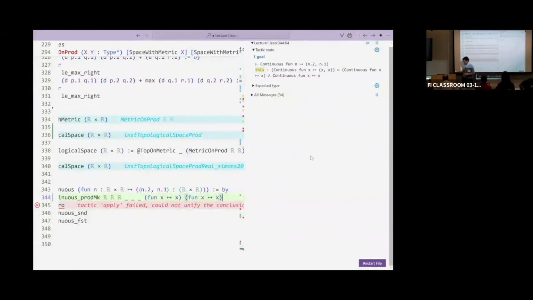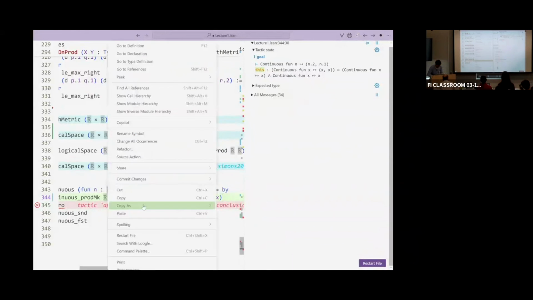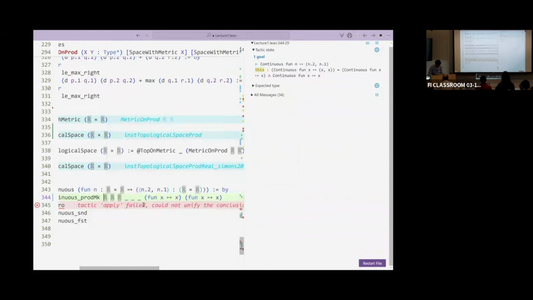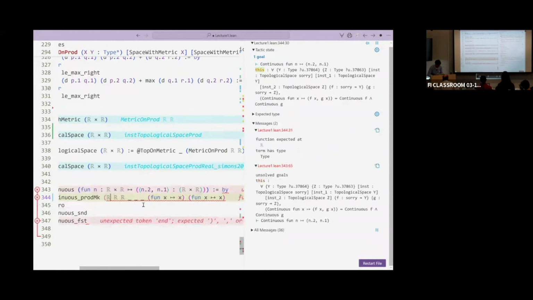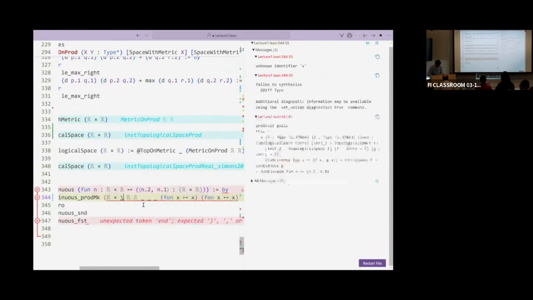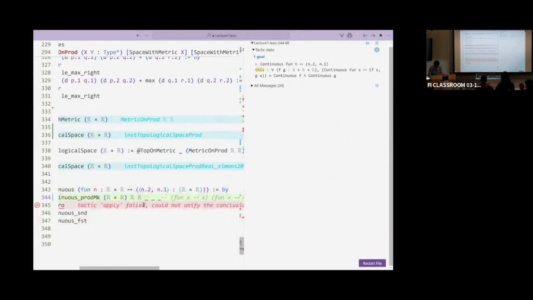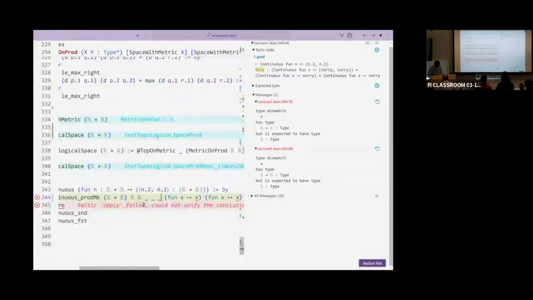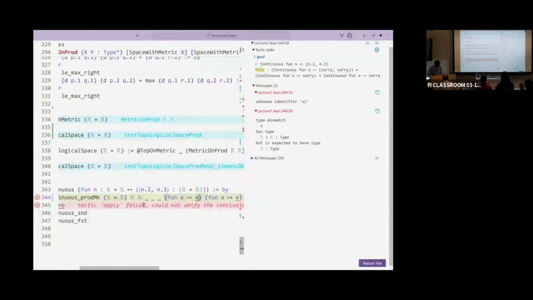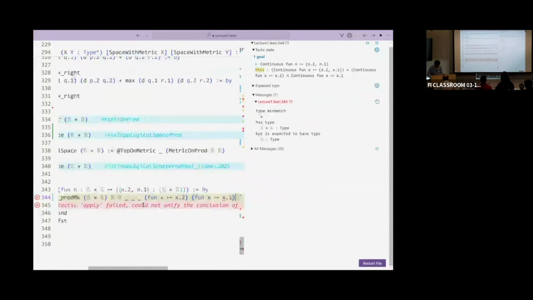Oh, yes, the first one is R2. This one should be R2, I suppose. Yes. So this is x.2, this is x.1.